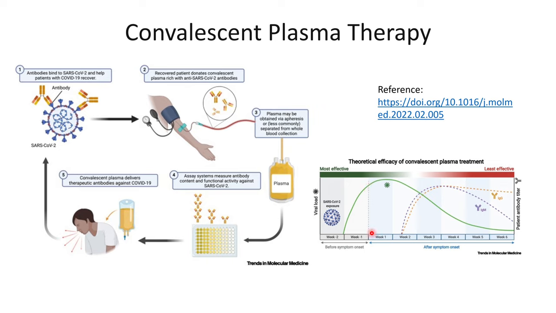After week 2, symptoms begin to show within the COVID-19 positive patient. And this green line in the graph represents the viral load of SARS-CoV-2. So after almost 1.5 weeks,